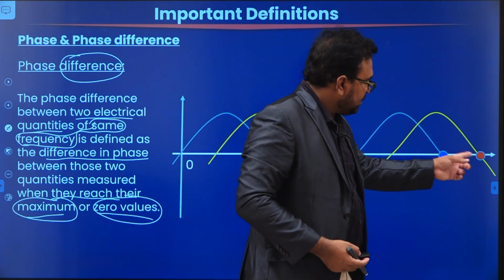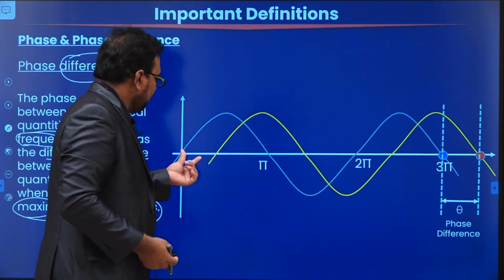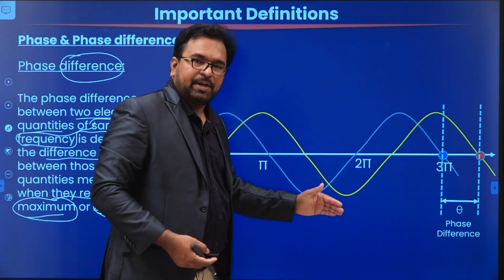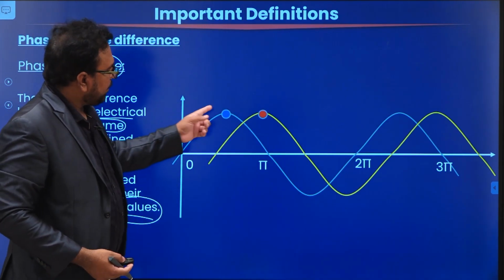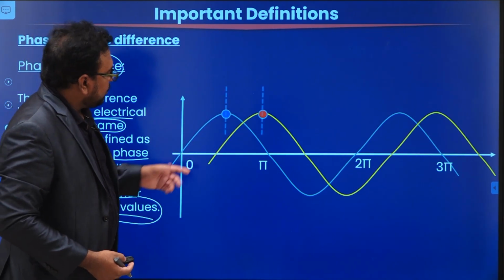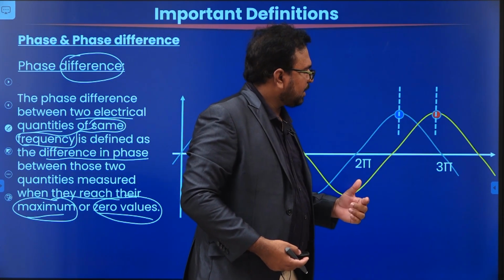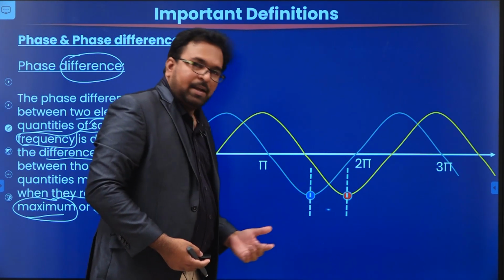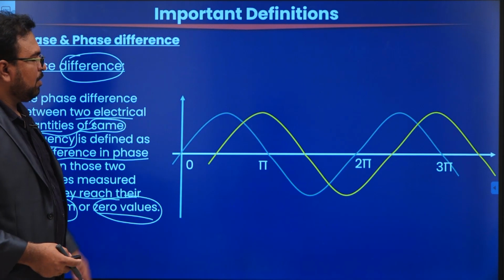And also at this instance, we are going to call it phase difference. So when the waveform reaches 0 from the same direction, either negative to positive or positive to negative, the difference between those 2 points is called phase difference. Similarly, we can calculate the phase difference when the waveform reaches maximum, positive maximum or negative maximum. So the difference between these 2 points is also called phase difference, or we can also calculate the phase difference at these 2 peak values, or at these negative peak values also. All these are going to be same. That's all about phase difference.